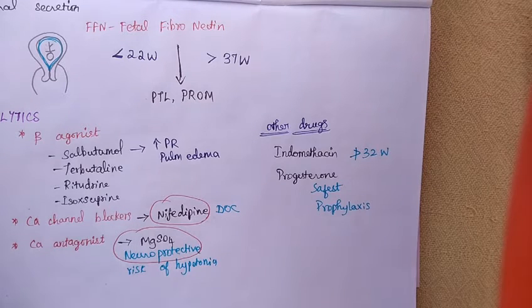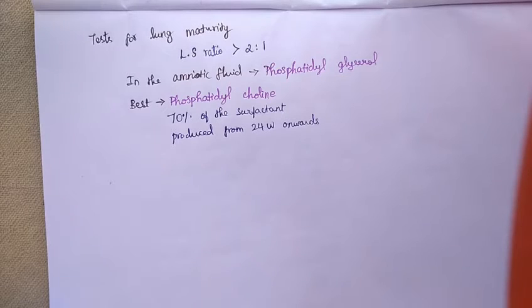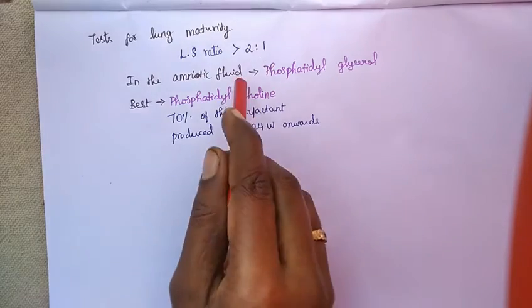At most you can delay preterm labor by 7 days by giving such drugs, so that lung maturity is achieved. Once you know the lung maturity is achieved, you can do the preterm delivery. And how will you know the lung is matured? Lung maturity is said to be achieved if the L/S ratio is more than 2:1, and in the amniotic fluid,